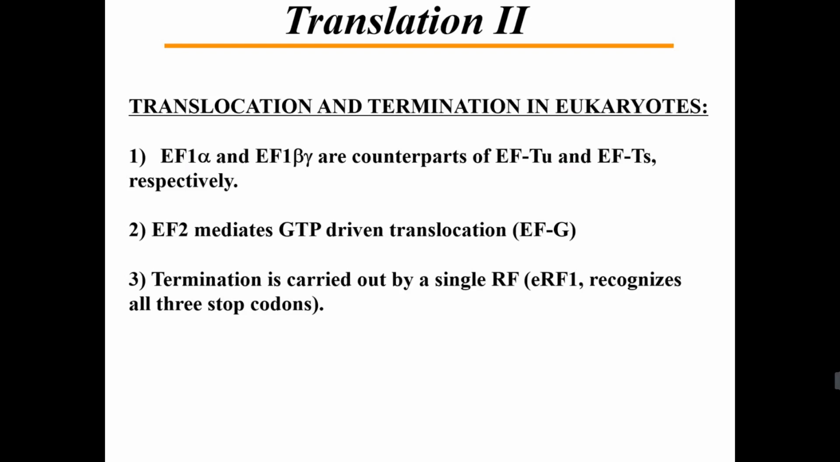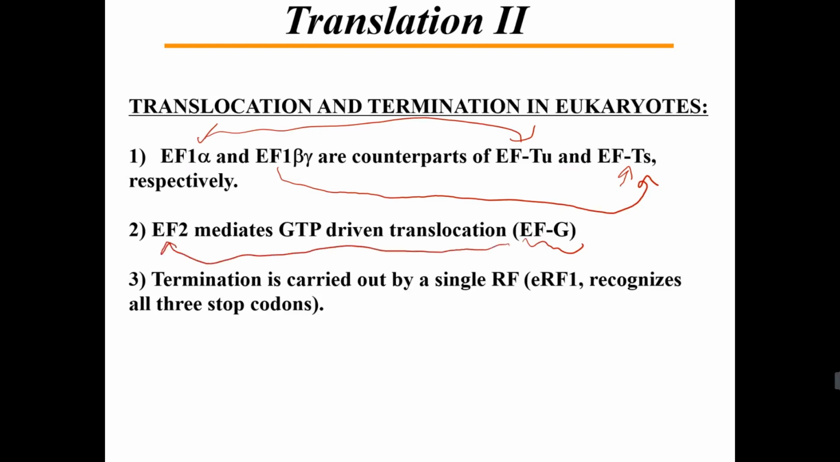For EF-Tu and EF-Ts, which is the guanosine exchange factor, we have corresponding EF1A, and that corresponds to EF-Tu, whereas EF1 beta gamma corresponds to EF-Ts, which is the guanosine exchange cofactor. So EF1A will bring in the aminoacyl tRNAs. For translocation in prokaryotes, we had EF-G, the corresponding elongation factor. In eukaryotes it is EF2, and that also is bound to GTP, which will drive translocation after we get